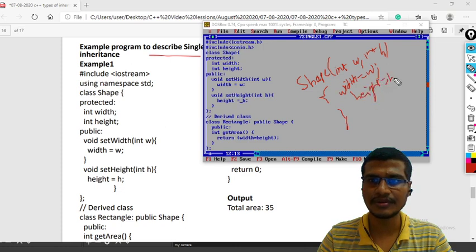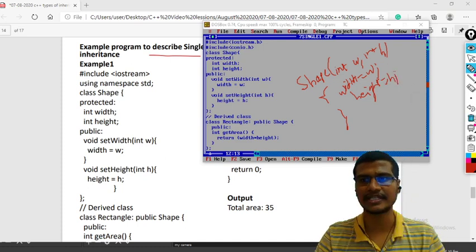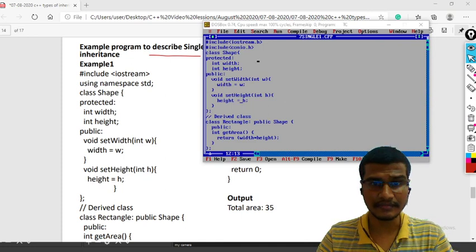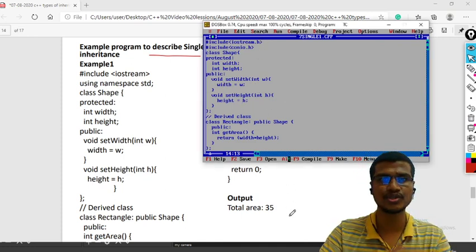So just by using a constructor I can write it, but I am using here set width and set height, which are used to set those width and height values.